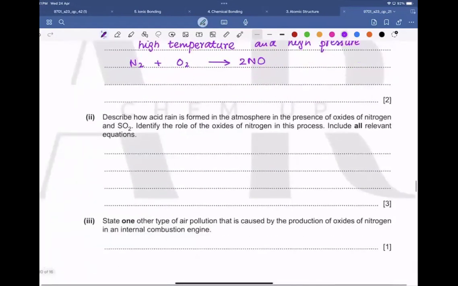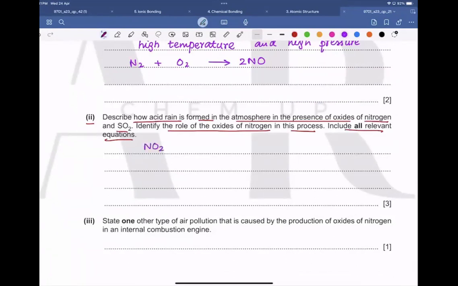Okay. Now, what they are asking in part 2: describe how acid rain is formed in the atmosphere in the presence of oxides of nitrogen and SO2. Identify the roles of oxides of nitrogen in this process. Include all relevant equations. So if you recall, the oxide of nitrogen that is present in the atmosphere is NO2, because as soon as the nitrogen monoxide NO, very good Bunny, escapes into the atmosphere, it reacts readily with oxygen to form nitrogen dioxide. So nitrogen dioxide,